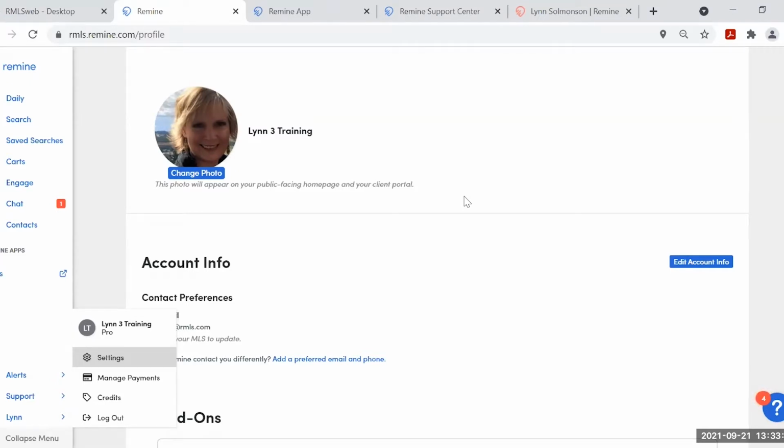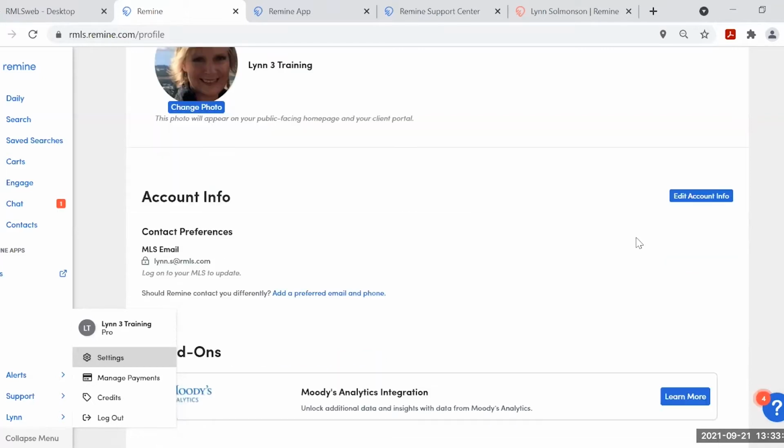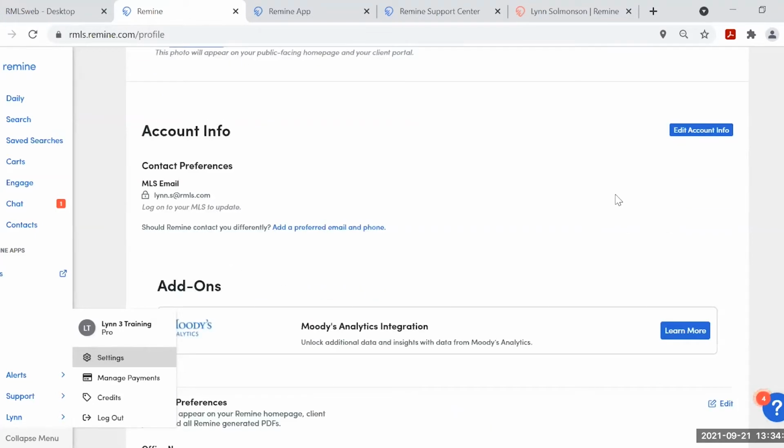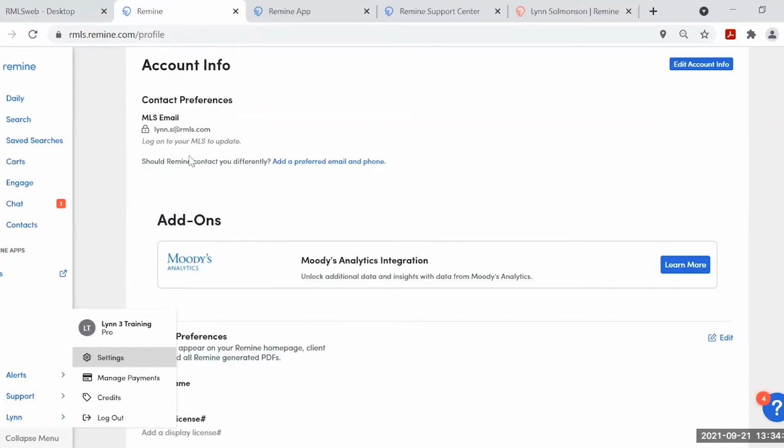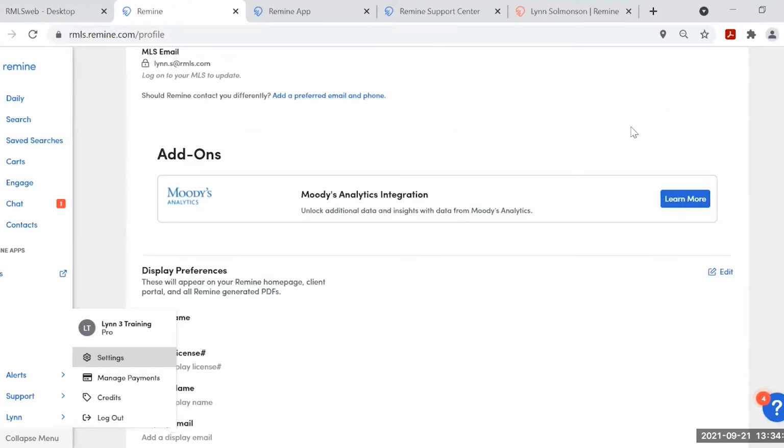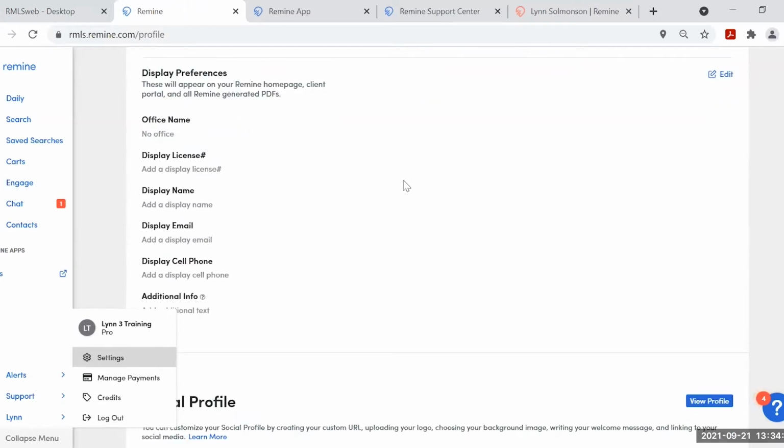I'll show you what that looks like, and they can do a free credit score option if they want to do that in here. So if you think you might want to interact with your clients in Remine, you definitely want to visit your contact preferences for Remine to communicate with you, your display preferences.